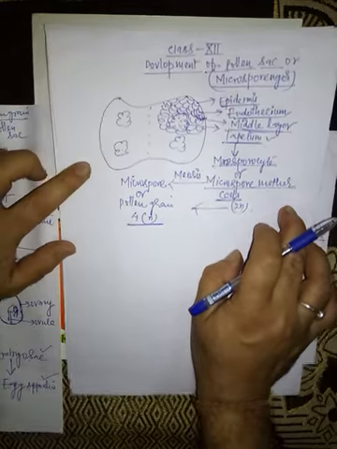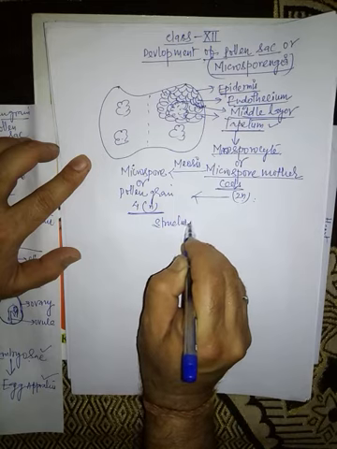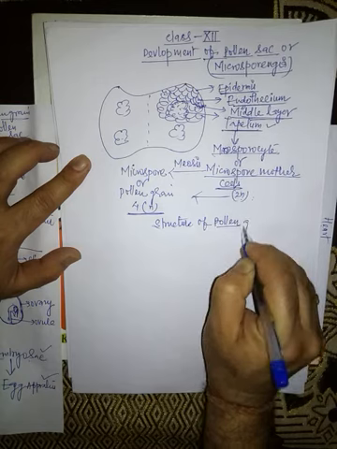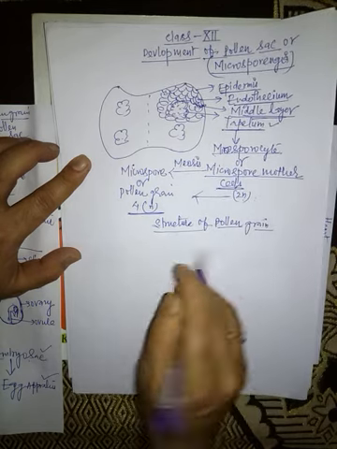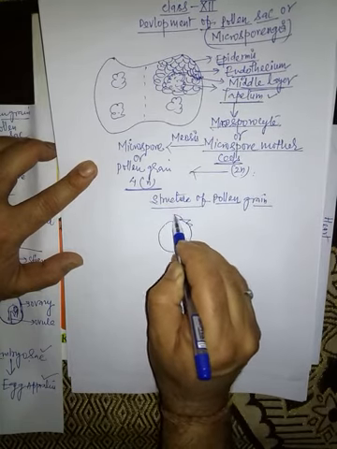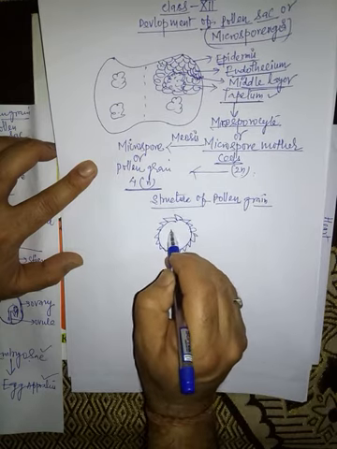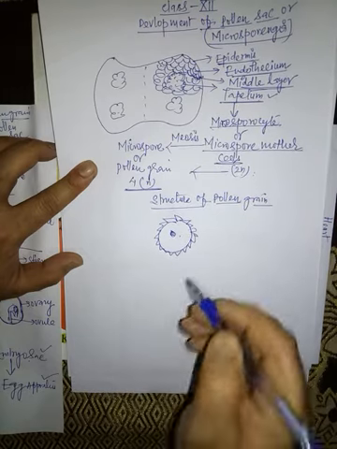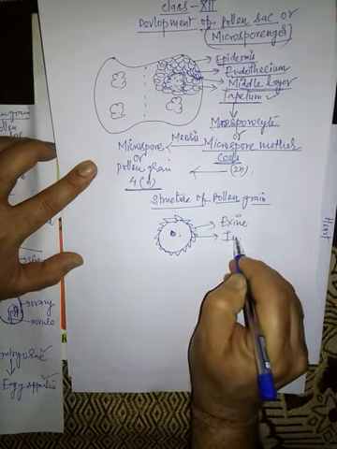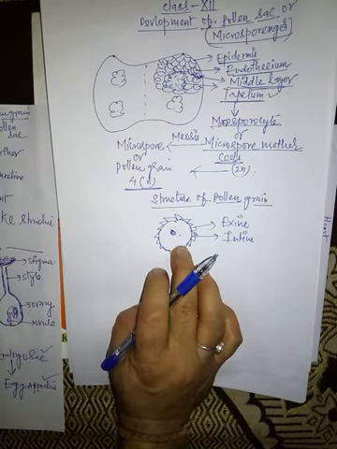Okay, and next, structure of pollen grain. When you watch the diagram of pollen grain, the pollen grain contains two layers. Outer layer is called exine, inner layer is called intine. So we can say pollen grains are